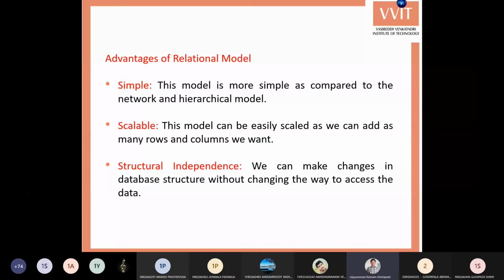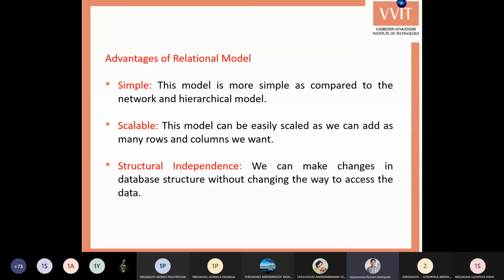Now the table contains 6 columns, and the rows we entered previously, the data is still retained in the table. And now we can also access the data in the same manner. Whatever commands you used at the time of table creation for accessing and retrieving the data, that is nothing but structural independence.